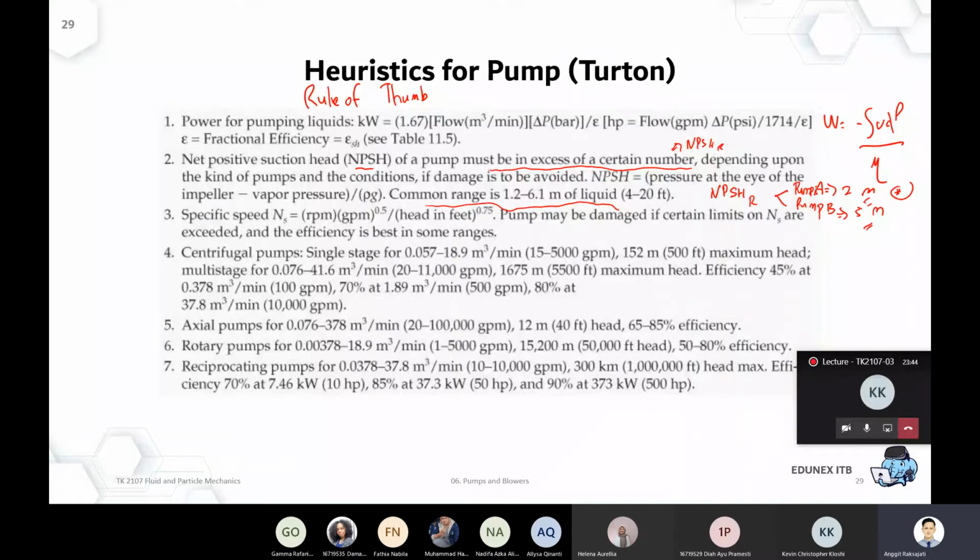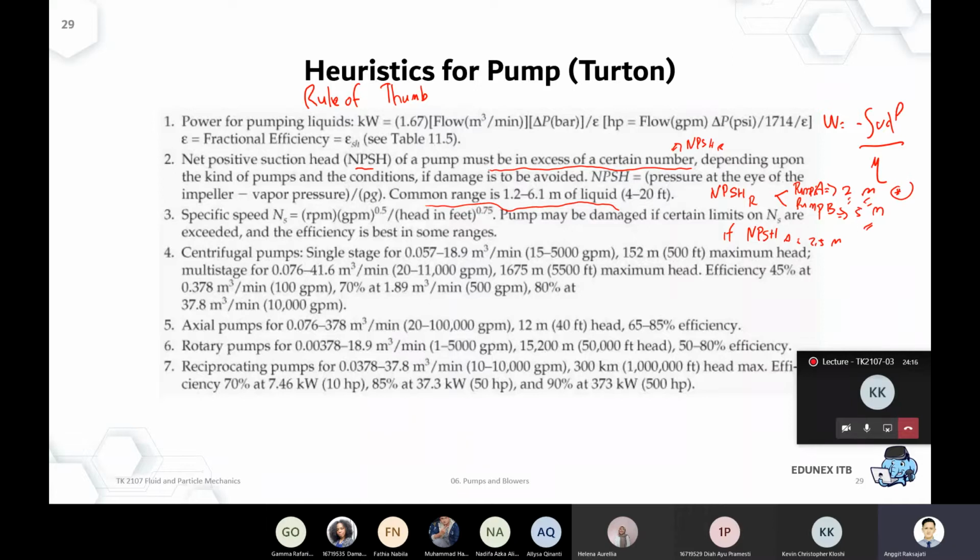inside of the pump. So if we have a smaller number of NPSH required, so if NPSH is 2 meter, that means the NPSH available, if we have 2.5 meter, that works fine for the system without cavitation. So now if the NPSH available of the system is only 2.5 meter, it's safe for us to use the pump A. Okay, but it's not safe for us to use the pump B.